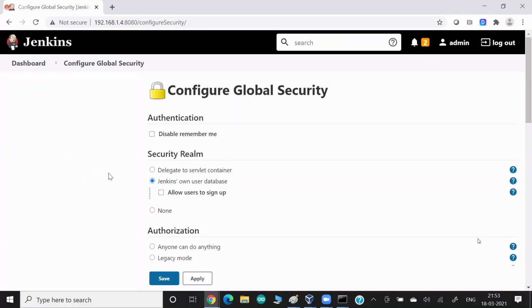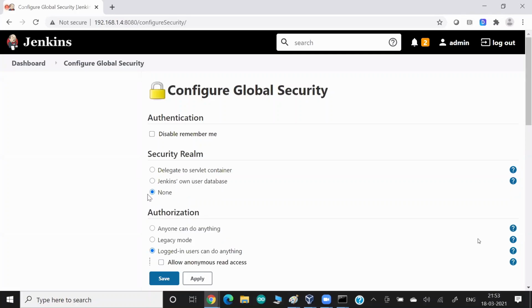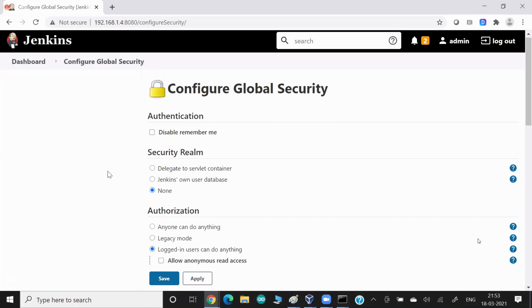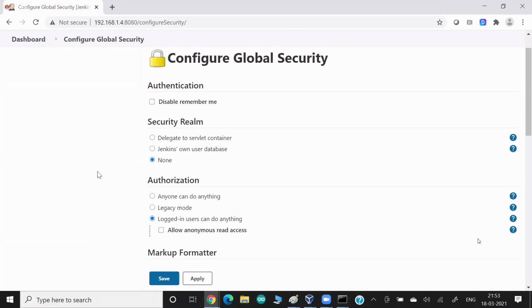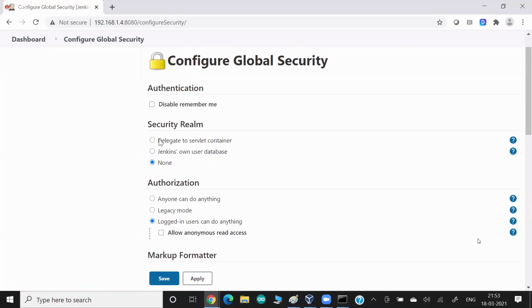So there's some concept, guys, about security. In my upcoming class, I will talk about the meaning of this security. Right now, I'm disabling this security. What I mean by this, I will explain in my upcoming classes. So what is the security realm? What is the security for authentication and authorization? I will discuss, guys. Anybody who knows about IAM, it is something like this. Right now, for quicker connectivity, I'm just disabling the security, but we'll talk about the security in upcoming classes. Okay,